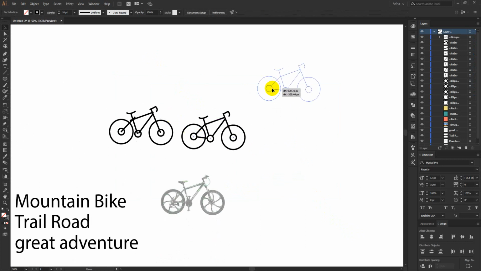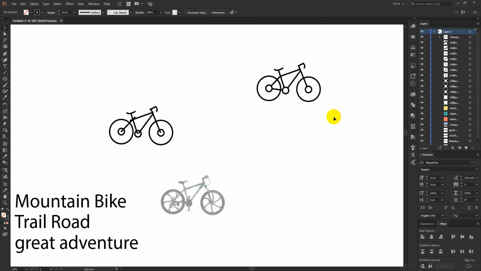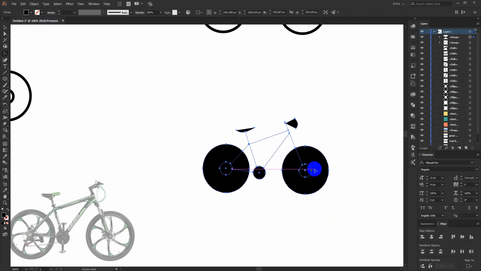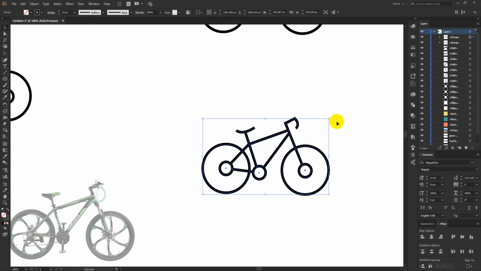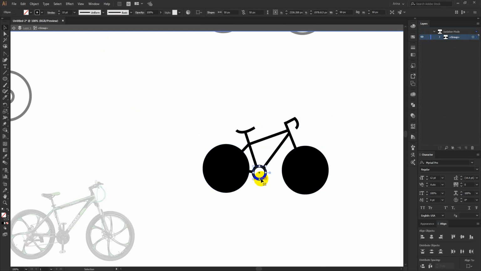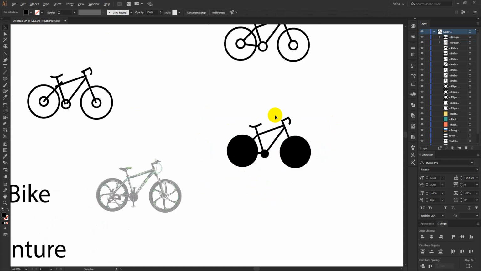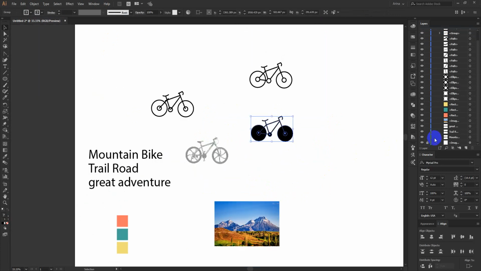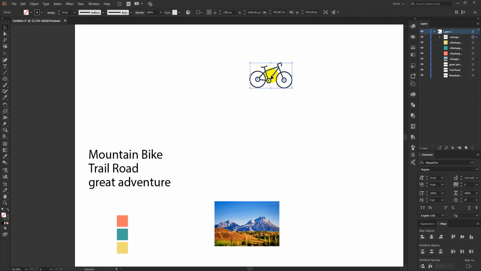Now I can simply use this, as I am going to make a minimalistic design. I am going to keep this like this, or I can simply make a silhouette image from this, something like this. You don't need to take any others' vectors to use in your design. Okay, so this part is done here. I don't need this image anymore, I am deleting that. I am just keeping this part. This will be my cycle vector.